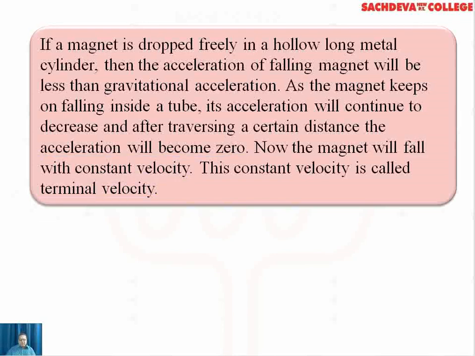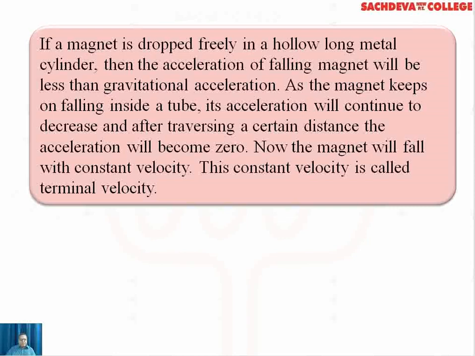So terminal velocity is valid only when the magnet is continuously falling into the coil. For some time we will find acceleration is there, but after a certain distance the acceleration will become zero, and we will say that the velocity of the magnet has become constant,